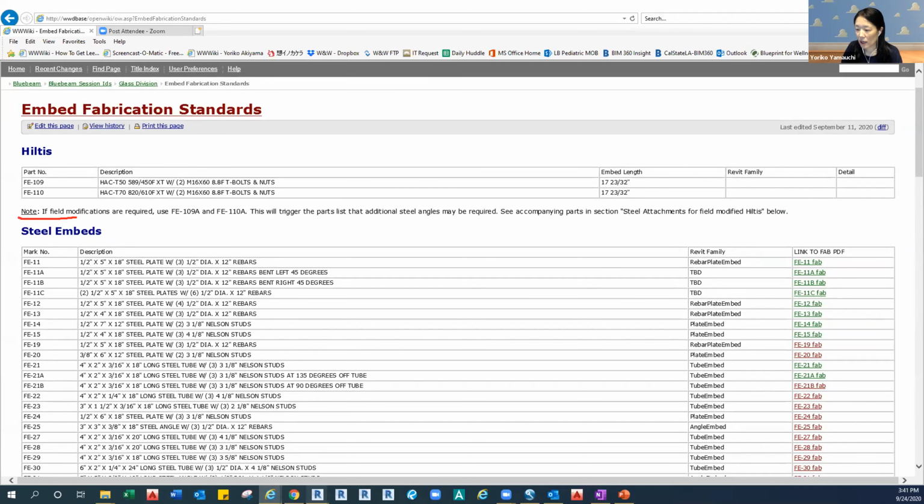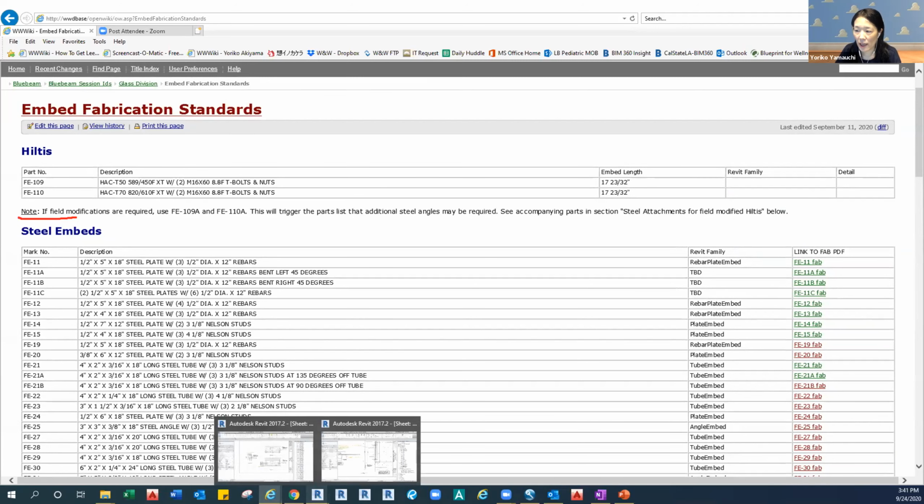Today, I don't think the 109A or 111A is part of the family. The family only contains 109 or 110. So I have to double check how we can put the tag, because I know that 101 only has 109 data. So there's no capability to change the tag right now. Can I get back to you?